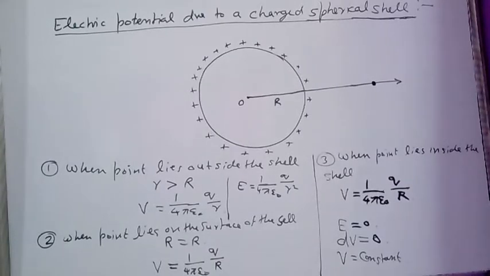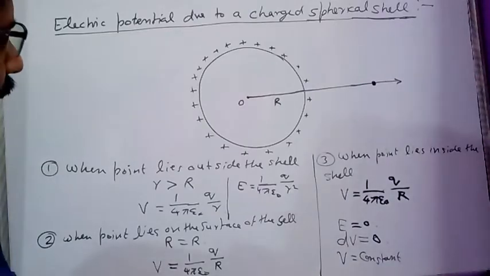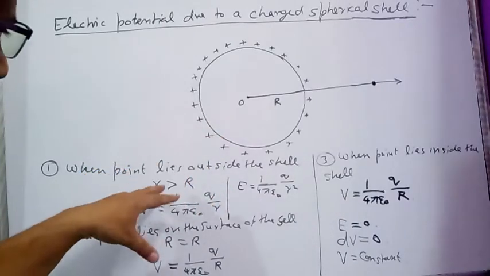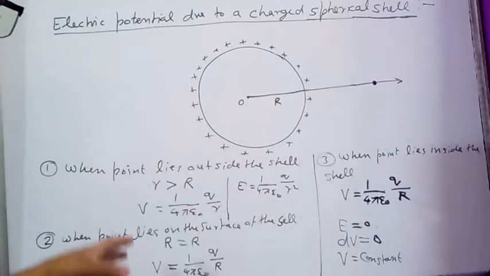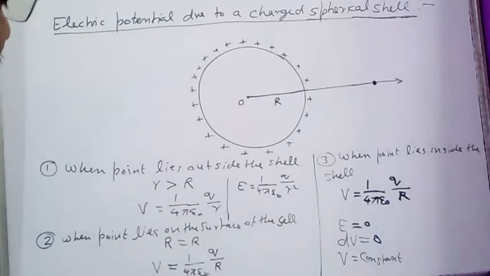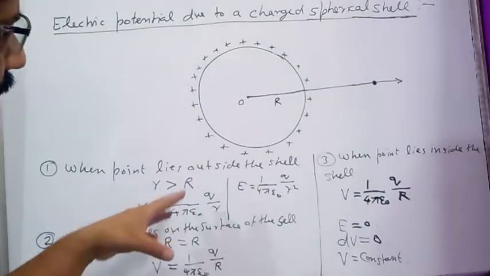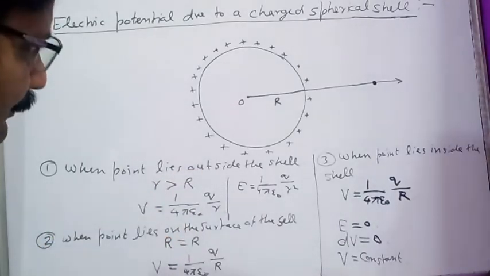Good morning students. In the previous video, electric potential and capacitance part 3, we have seen three different topics of this chapter we have considered in last three videos. That is potential at a point due to a point charge and potential at a point due to a group of charges and potential on the axial position of the dipole and equatorial position of the dipole.